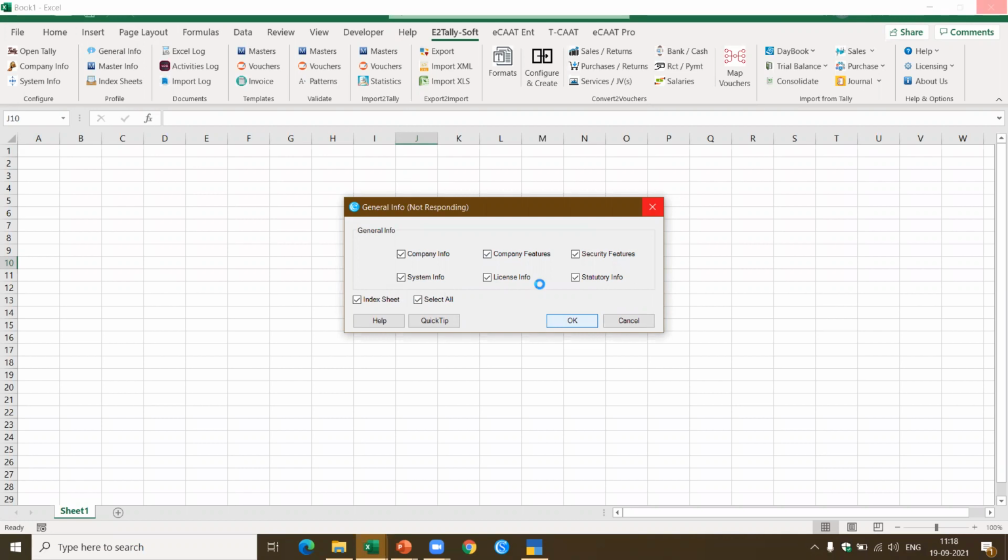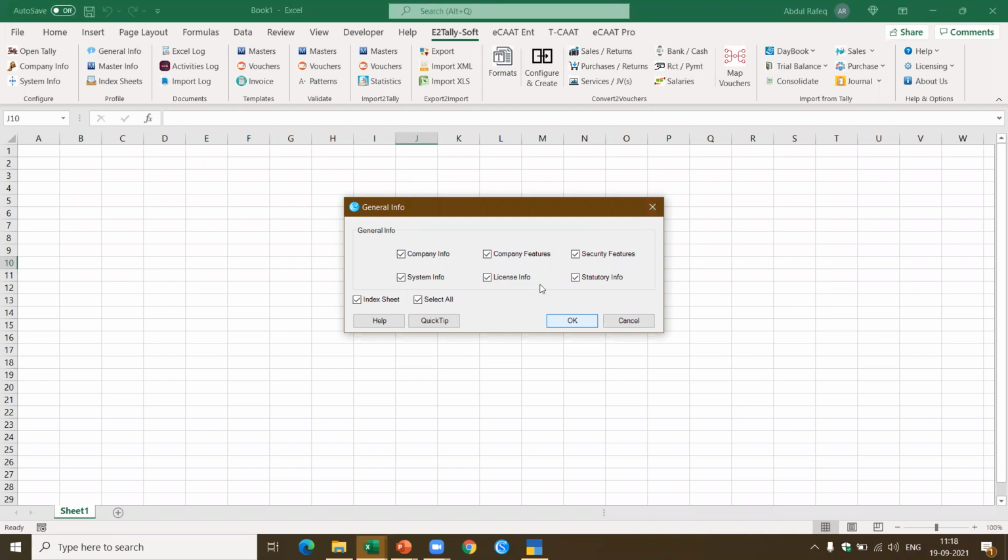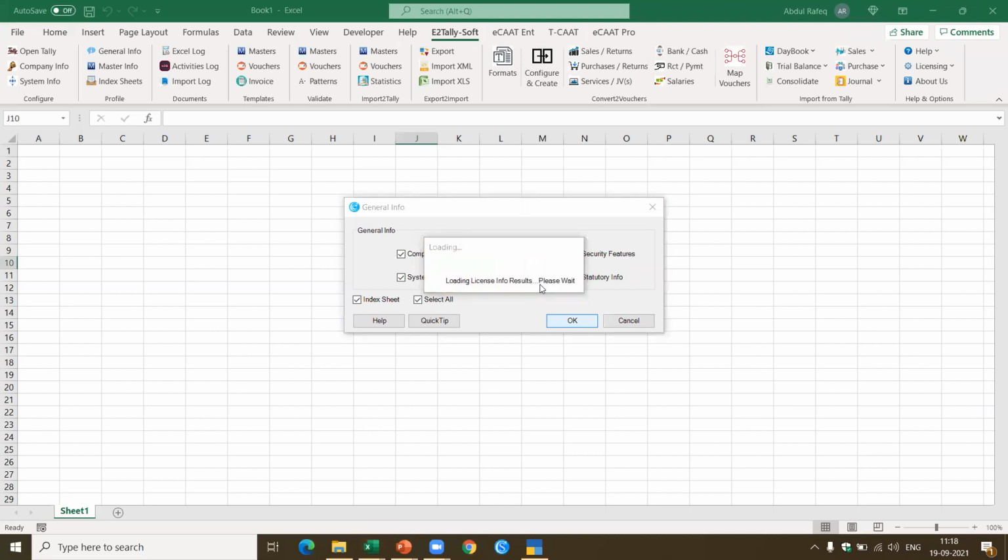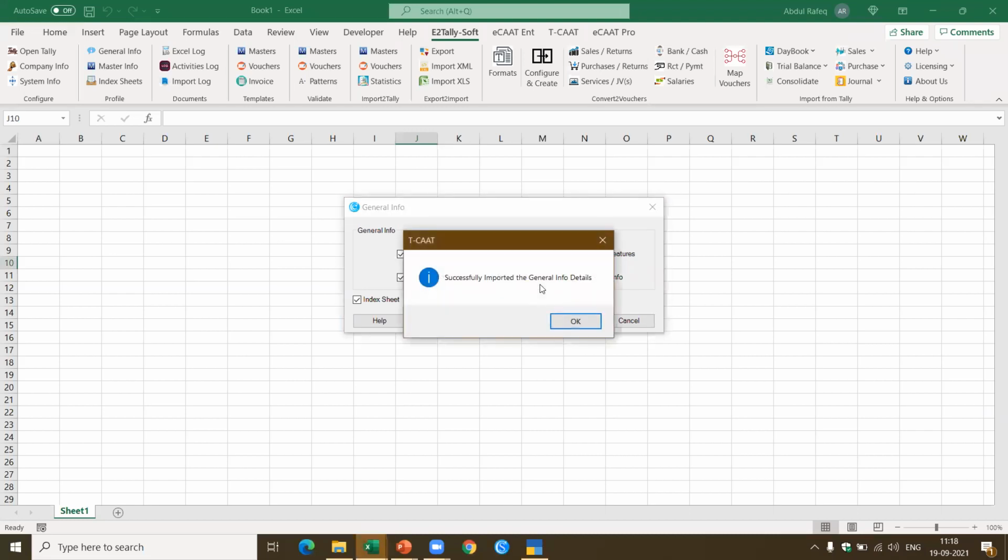It also gives you the license info in case you are using the license version. In case you're using the educational version, it will not provide any details. This also shows that if you are using the educational version, you can still perform most of the functions of E2TallySoft. First time when it's run, it takes time to establish the connectivity. After that, it will be quite fast.